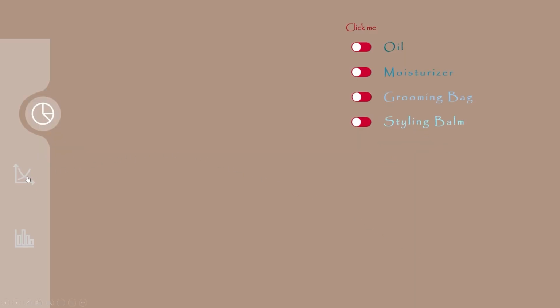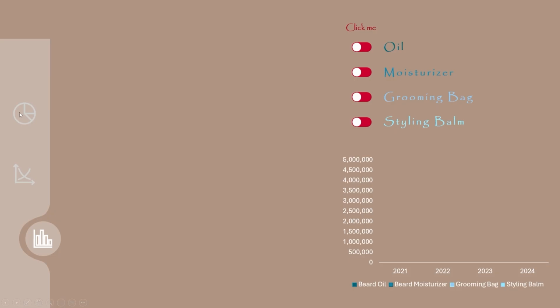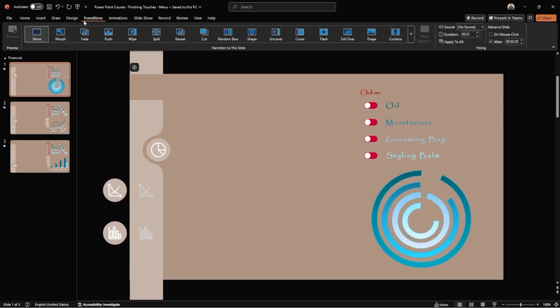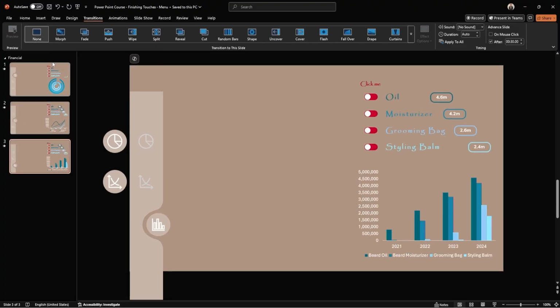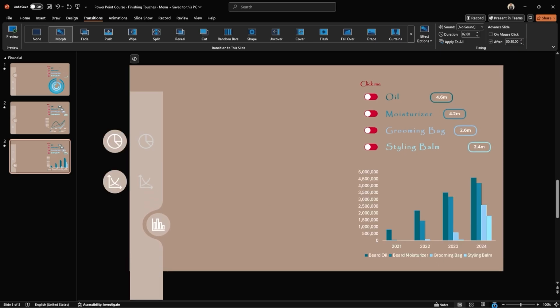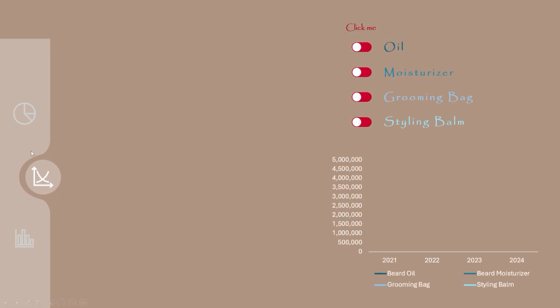You'll notice that when you click the inactive icons, the transitions happen instantly without any animation. That's because the morph transition hasn't been applied yet. To fix that, head to the Transitions tab and apply morph to all 3 slides. Now, play the presentation again. You should see the menu glide into place with smooth transitions and the active icon shifting naturally within the menu